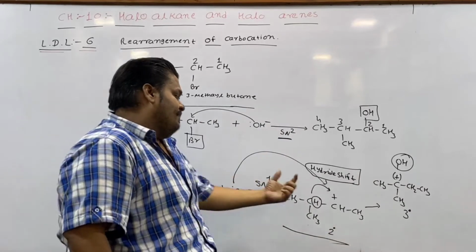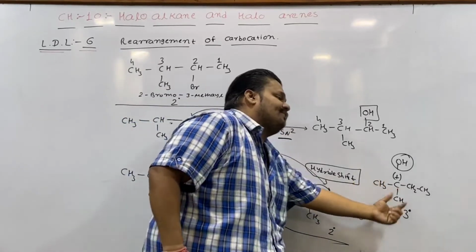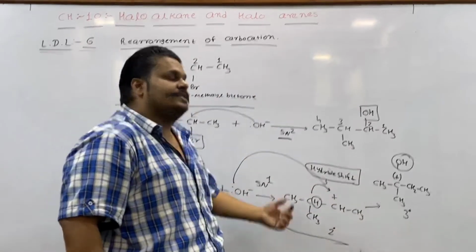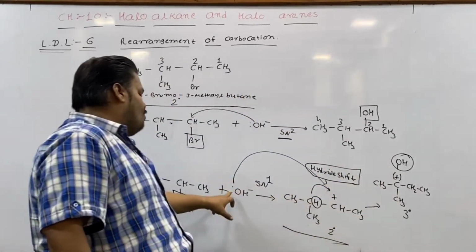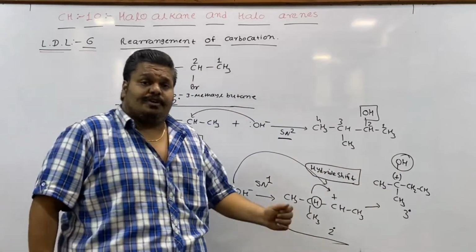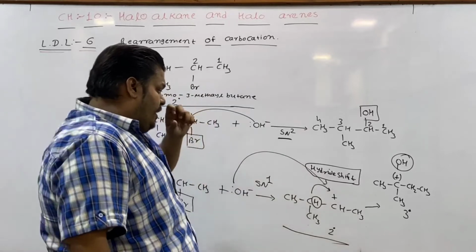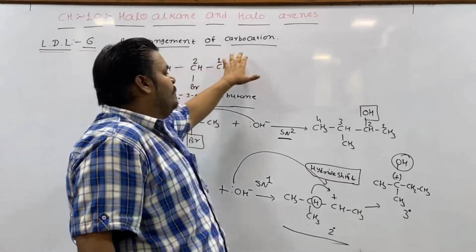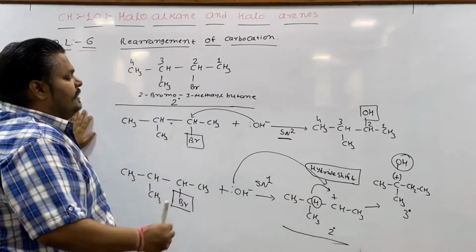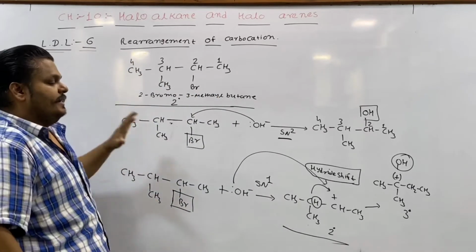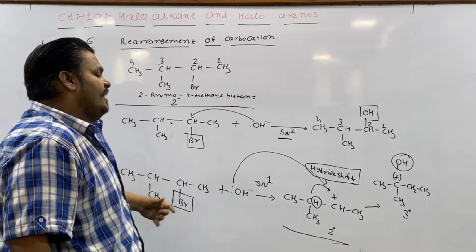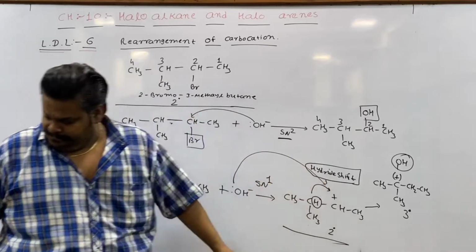This hydride shift enables us to produce a tertiary carbocation from the secondary one, and that's why, if possible, we have to convert it into the tertiary carbocation, and afterwards, OH will associate with that carbon to produce a tertiary alcohol as a major product. It's a rearrangement of carbocation. Take a look at the two reactions. We'll again take the same example and try to explain the difference between the two different products when a hydride shift is occurring.